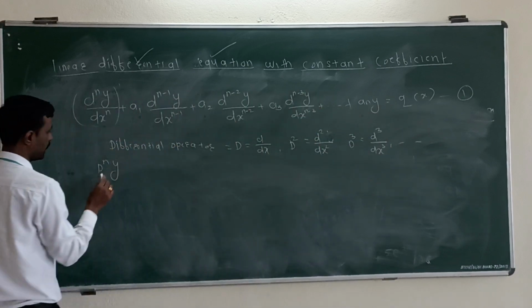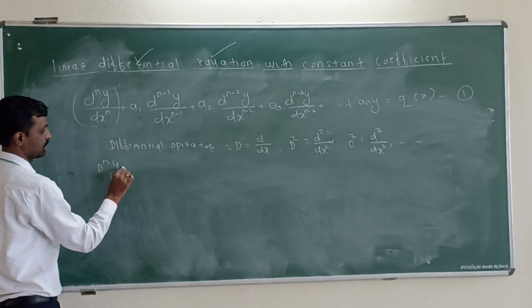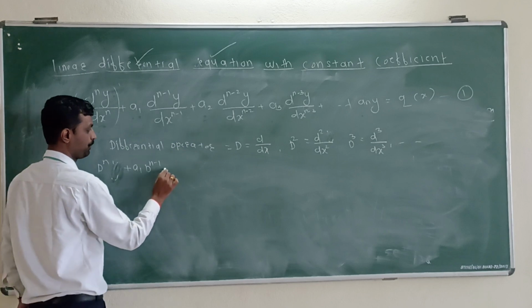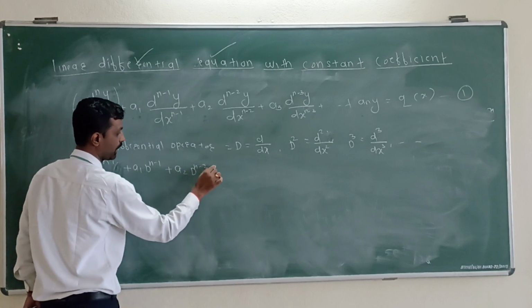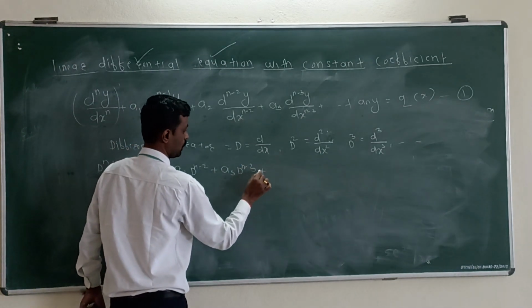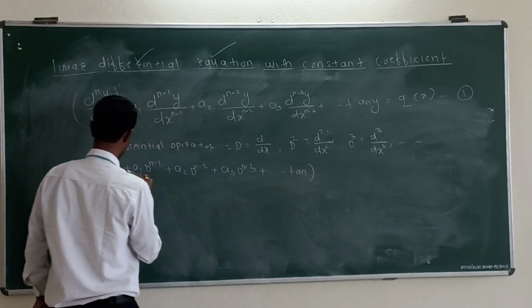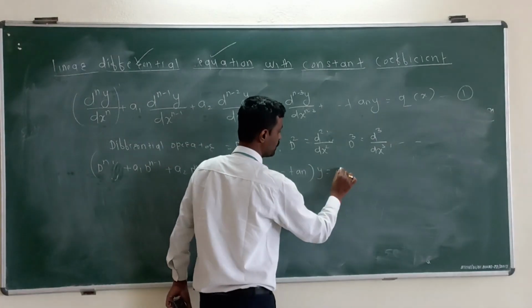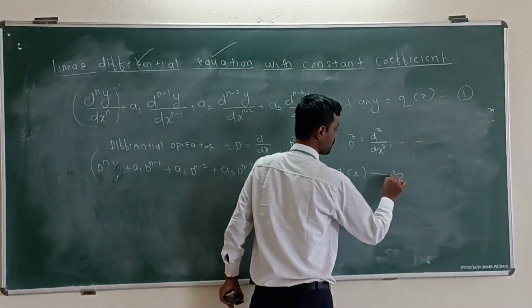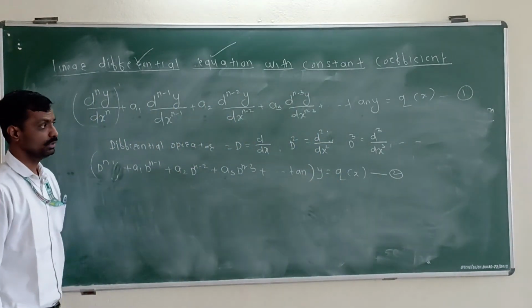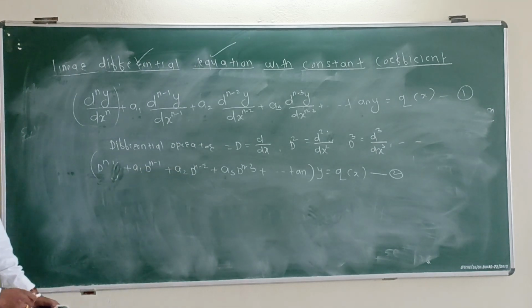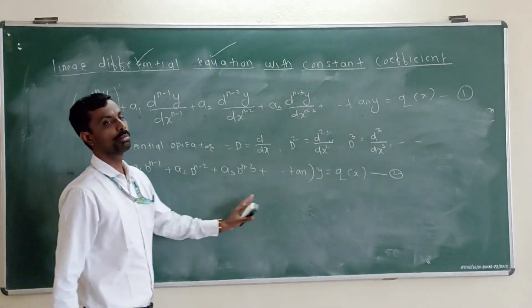That's all. So you will get D to the power n y plus a1 D to the power n minus 1, and we take y outside as common, D to the power n minus 2, a3, an, y is equal to the right-hand side Q of x. So both equations are the same. I have just applied the operator to equation number 1, and then equation number 2 becomes this way. Now, depending upon the roots of this equation,